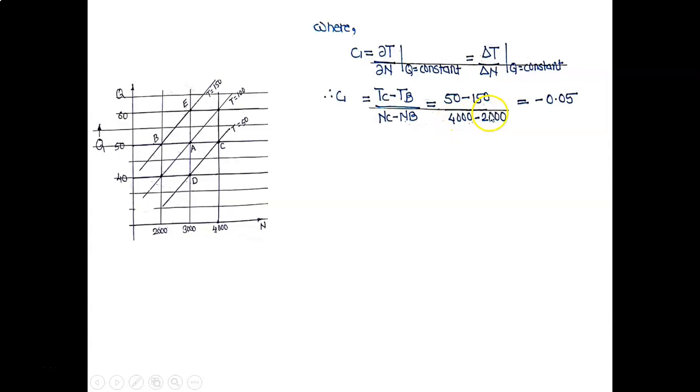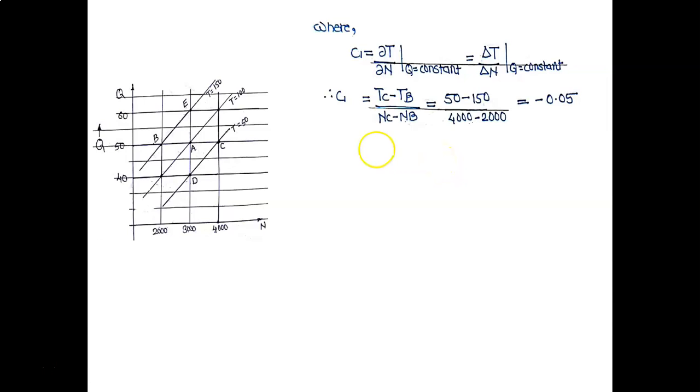Therefore 4000 minus 2000 is equal to minus 0.05. Now again there is a question: why have I written TC minus TB or NC minus NB? You can write TB minus TC also divided by NB minus NC. Still the answer will remain the same. Now we will find out the value of C2, that is